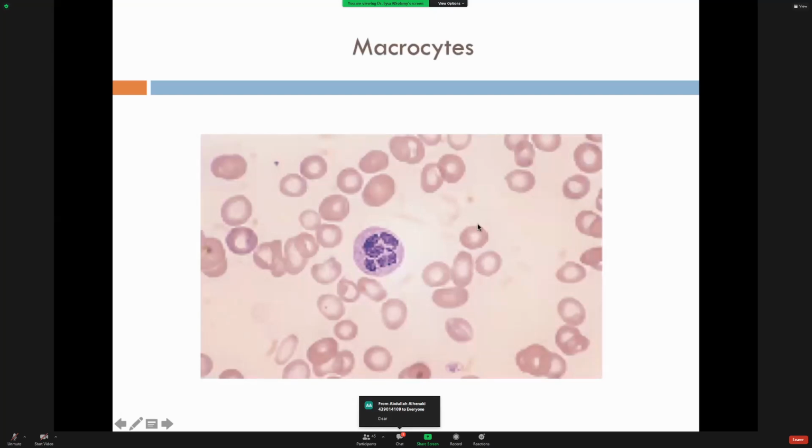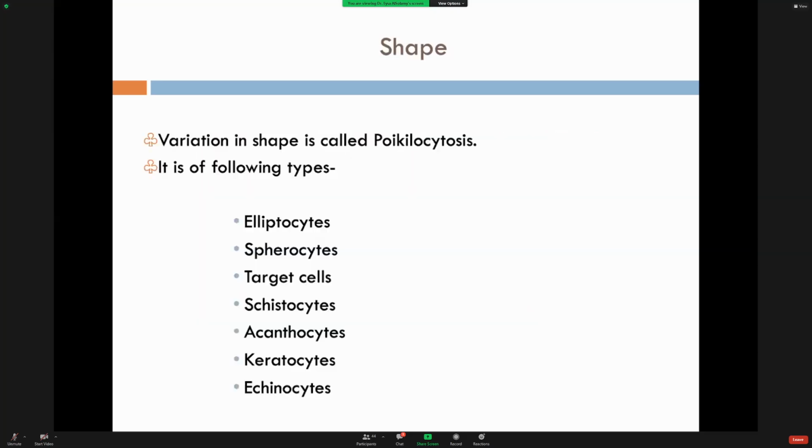Macrocytes: you can see in macrocytes hypersegmented neutrophils. This is how macrocytes look. Variation in the shape is called poikilocytosis. Shapes could be elliptocytosis, the name we talked about, as in hereditary elliptocytosis. Spherocytosis, also in hereditary spherocytosis. Target cells, schistocytes, which we talked about yesterday, in microangiopathic hemolytic anemia. Acanthocytes, keratocytes, echinocytes, white cell, helmet cell, a lot of names